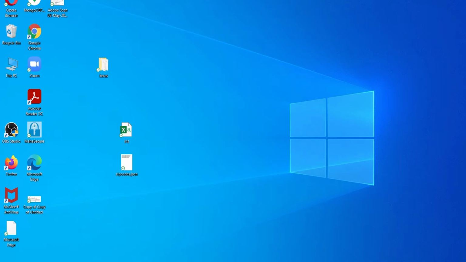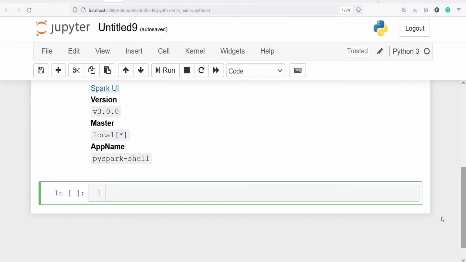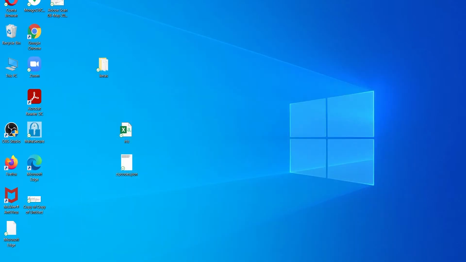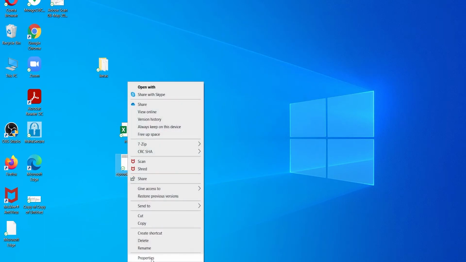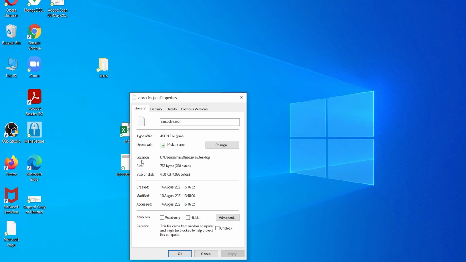I'll go back to the Jupyter notebook. Now I'll make one variable df. Then I will call spark, and from this I will call the method read, and from this I will call json. Now inside this I will have to pass the location of my file. So let's go to my desktop and right click here, go to properties, and here you will see the location. So just copy this location from here.